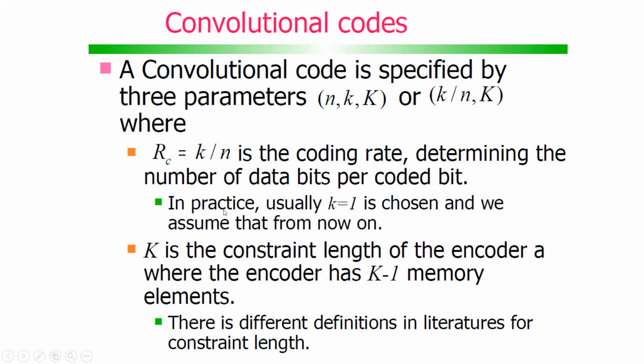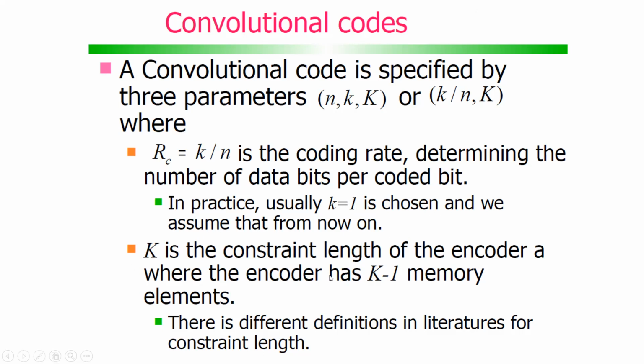All right. So in practice, for the present syllabus, we will deal with convolutional codes where small k I will take to be 1. If I increase the value of small k, only the complexity level will increase, but the fundamentals remain the same. So I usually will take small k as 1. That means I will take the number of message bits at one time as only 1, whether it is 0 or 1. So I will consider one message bit appearing at the input of the convolutional encoder.